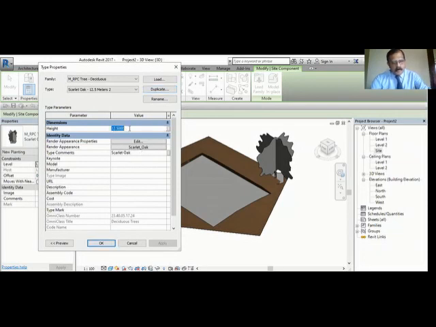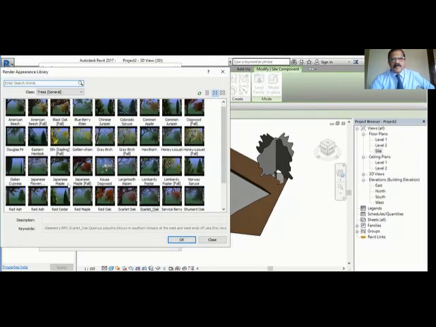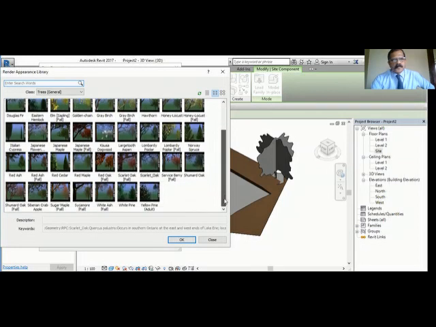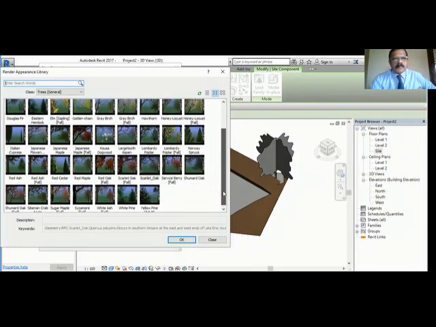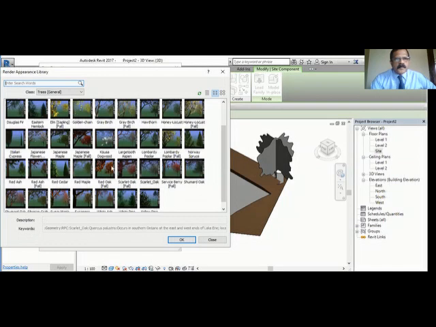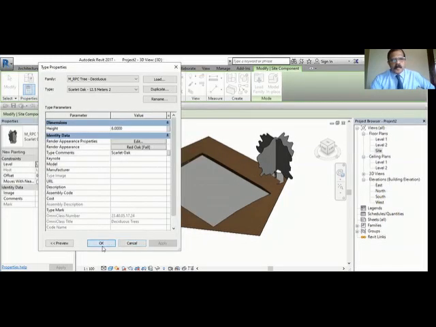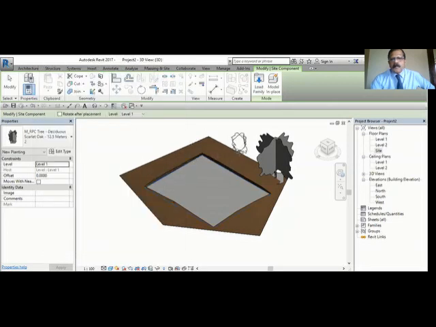For the next tree I want only 6 meter. You can select from here. See, different types of trees are there. Select some. Select this. Okay. The tree has come.